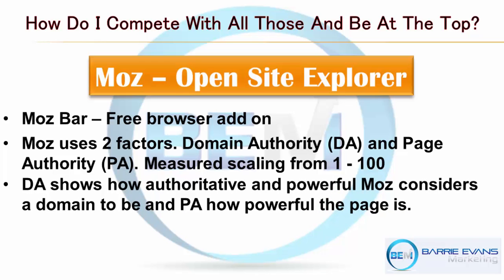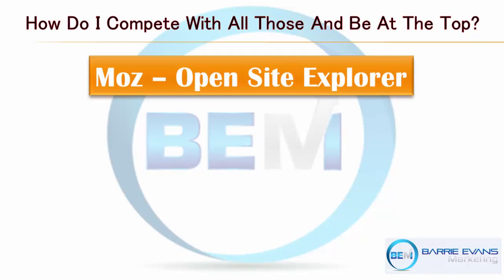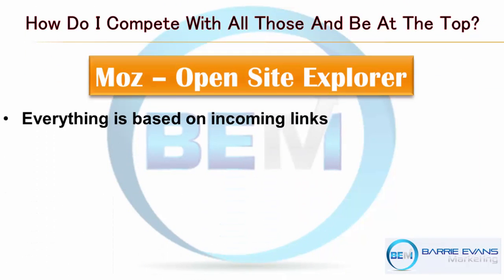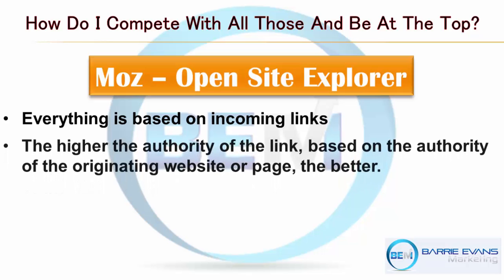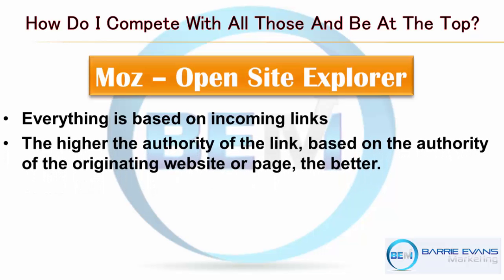Okay. Now, the domain authority, DA, shows how authoritative and powerful Moz considers a domain to be, and page authority, how powerful the page is of any website, or whatever you're trying to put out there. And everything is based on incoming links. The power, the authority of any incoming link, that's what everything's based on. Now, the higher the authority of that link, based on the authority of the originating